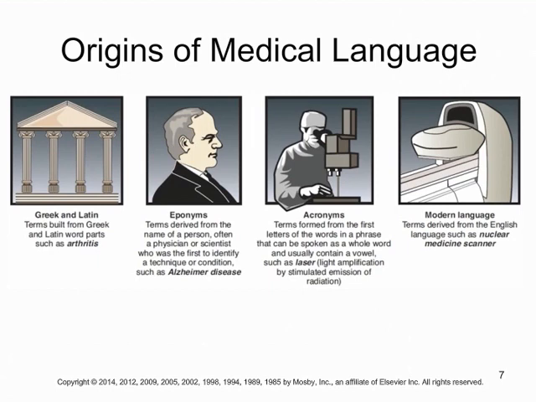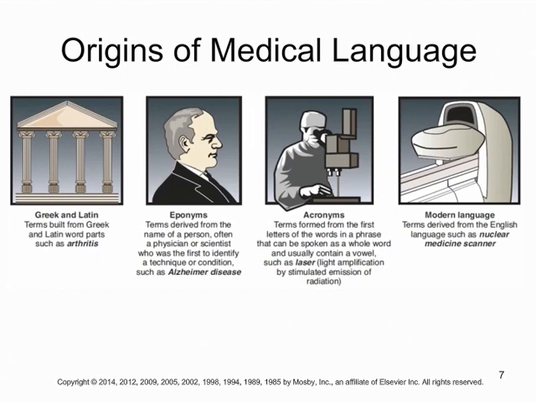The last category is how we have gotten away from using Greek and Latin word roots. It's more of an incorporation of the words that we use today. So that's modern language. So we think of things like nuclear medicine scanner. We didn't have nuclear scanners back in the day of Greek and Latin times. So this is something that we have come up with in recent times. So eponyms, acronyms, and modern language are ones that you're really going to have to just kind of straight up